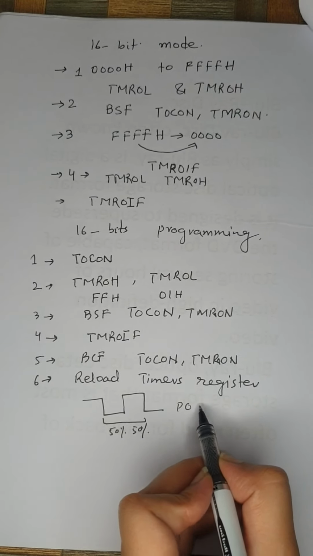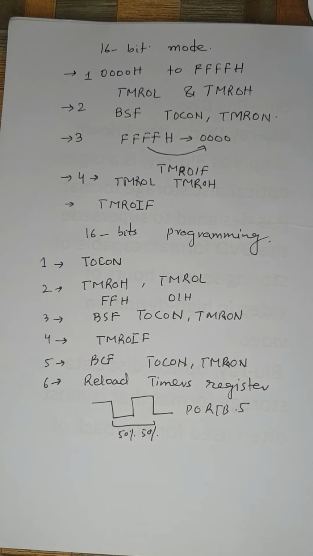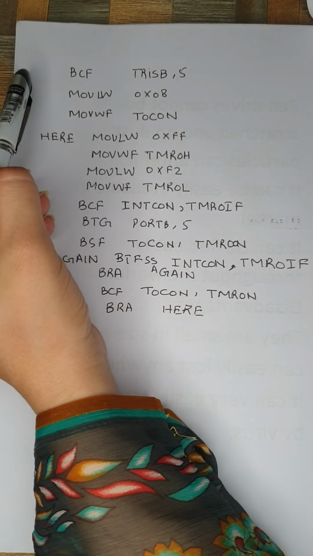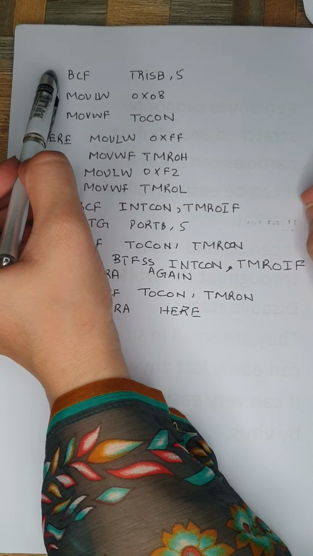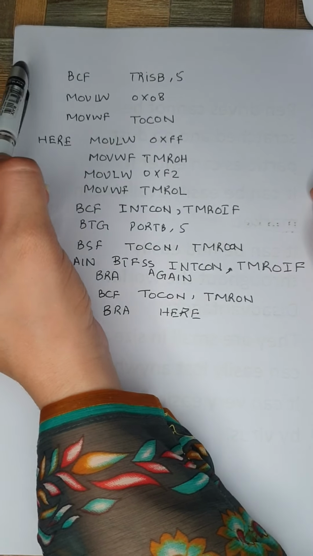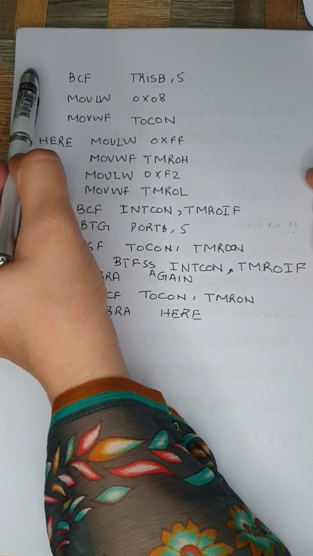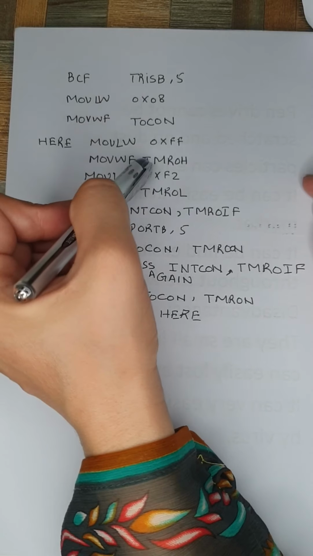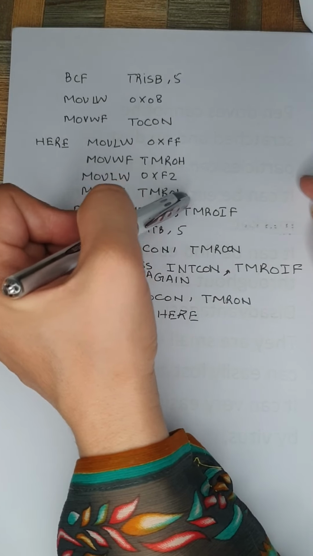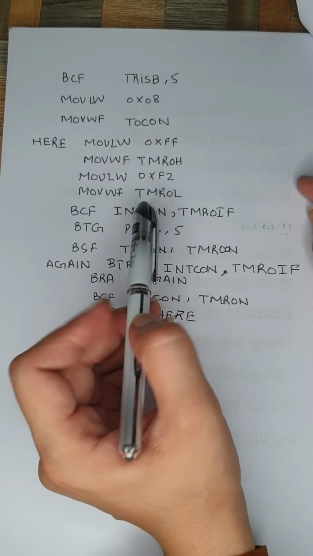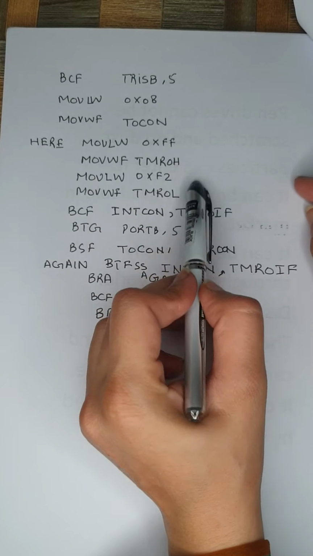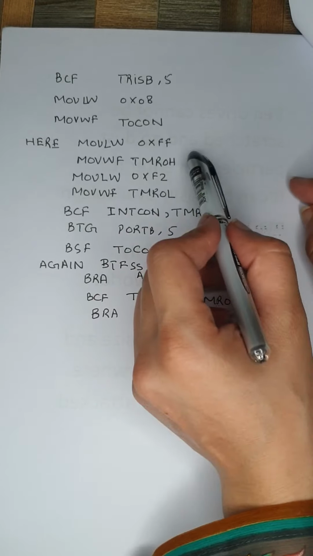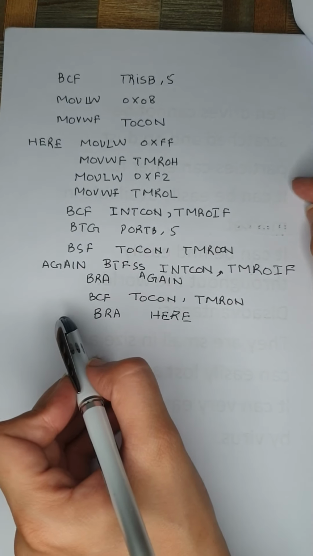Timer 0 is used to generate the time delays. So this is the code for generating the square waveform of 50% duty cycle using the timer in the 16-bit mode. It means both lower and higher bytes of the timer register will be used for introducing the delays, and later on we will calculate the amount of delay that is actually introduced here.